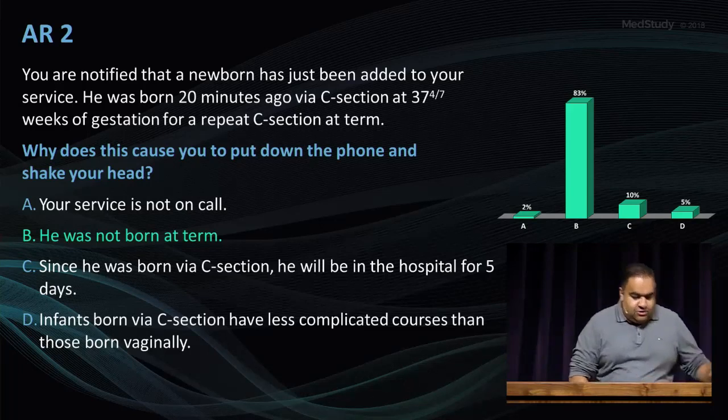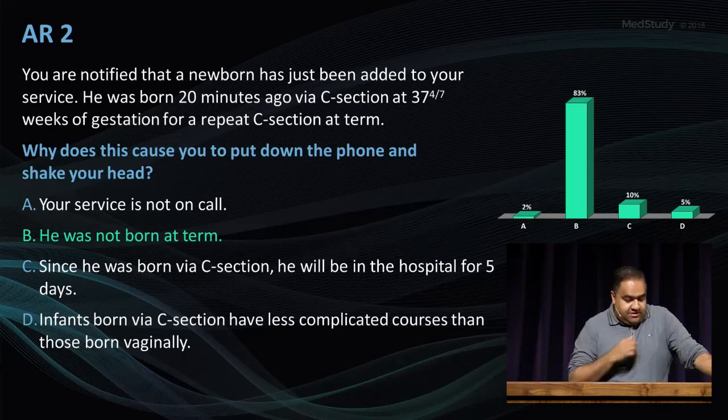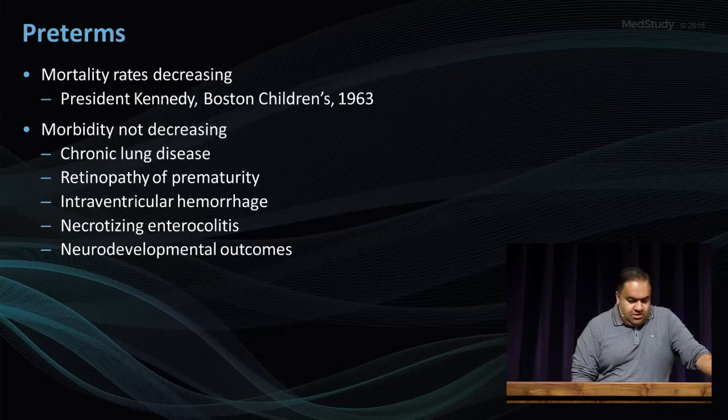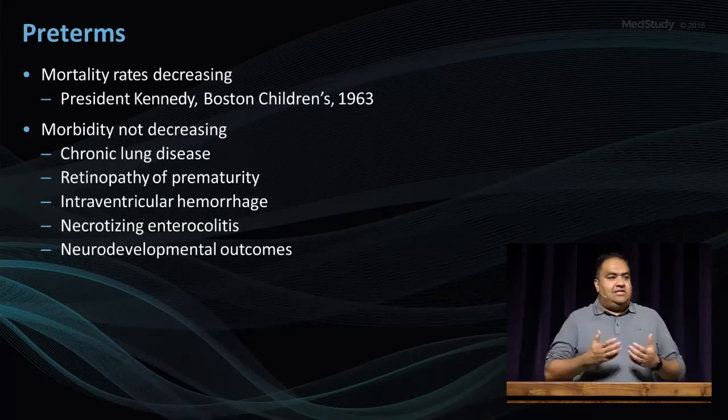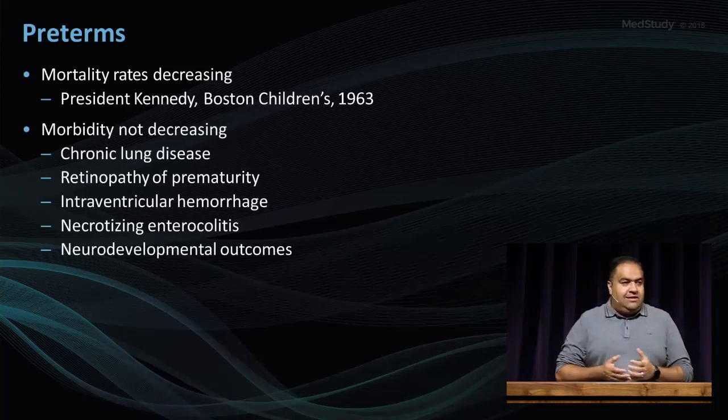okay? So babies that are born to moms that have chronic illness, remember, are going to have a high risk of SGA. And SGA babies usually will end up catching up once they're removed from that restrictive environment. All right? Okay. The other thing about preterm and how NICU really got its boon was back in